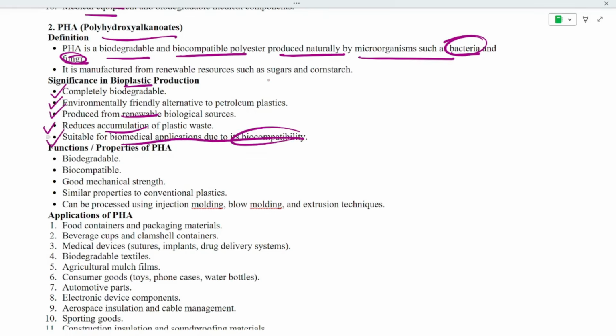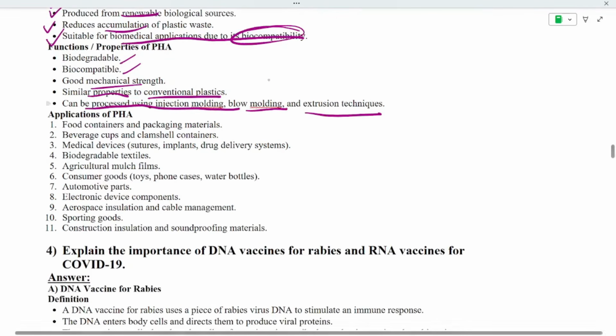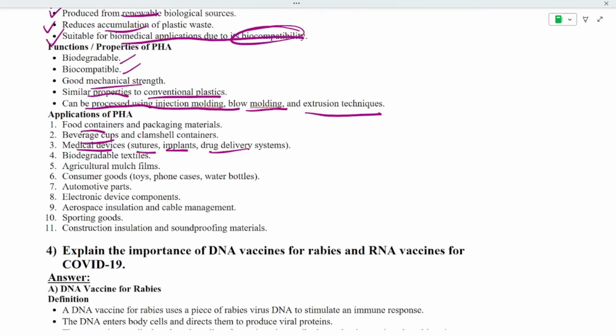Biomedical application due to its biocompatibility. Again, biodegradable, biocompatible, good mechanical strength, similar properties to conventional plastics, and can be processed using injection molding, blow molding and extrusion techniques also. Applications are again food containers, beverage cups, medical devices such as sutures, implants, drug delivery systems